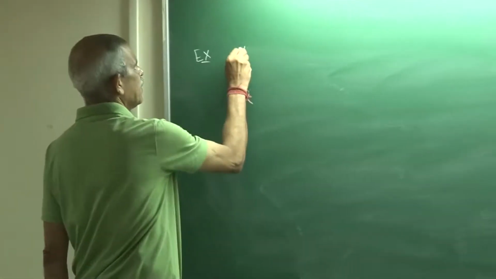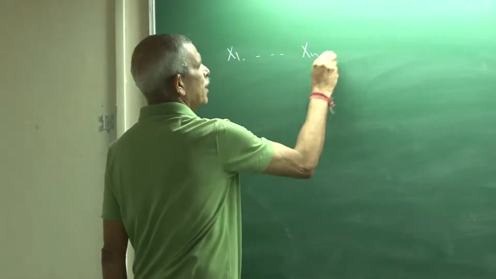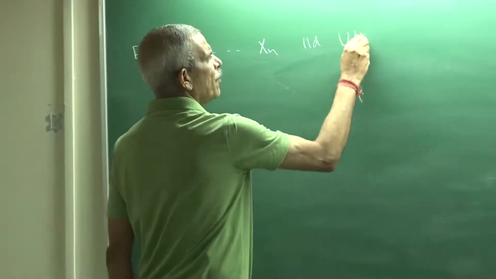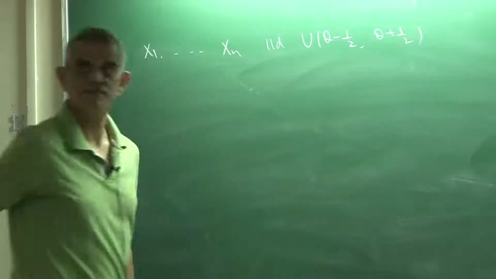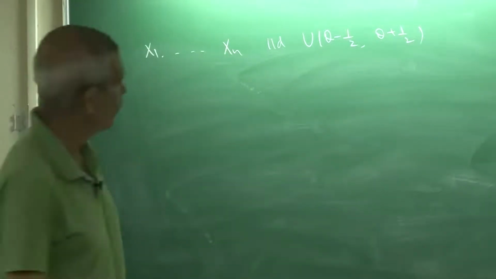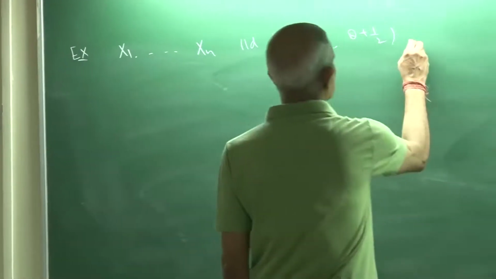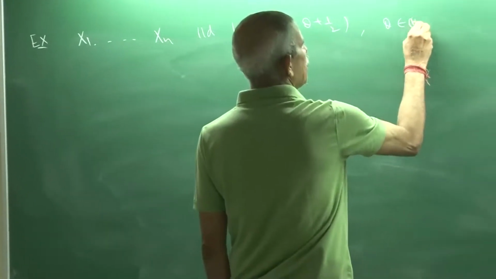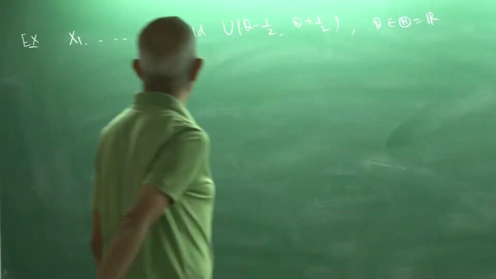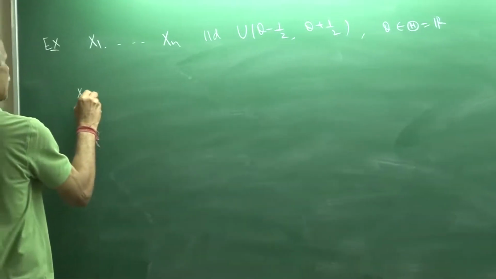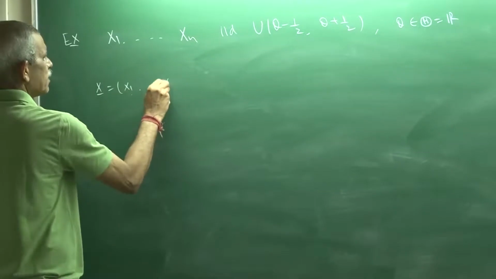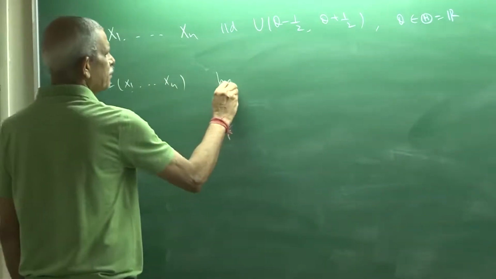So X1, X2, ..., Xn are IID uniform from theta minus half to theta plus half, where theta belongs to capital Theta, which is the same as the whole real line R. So my X, which is X1, X2, ..., Xn, has PDF